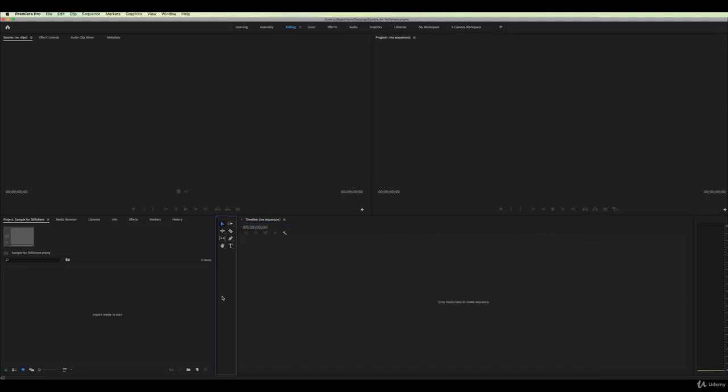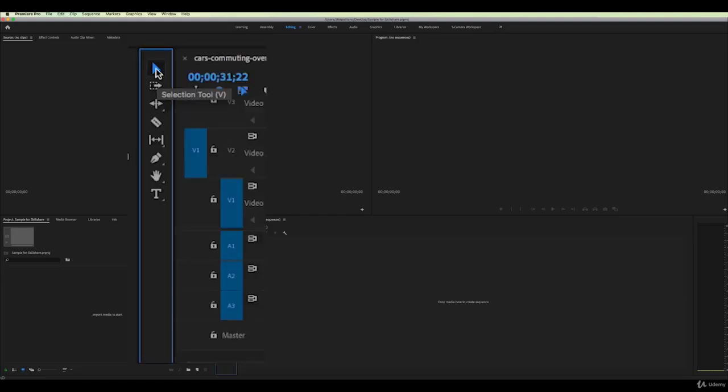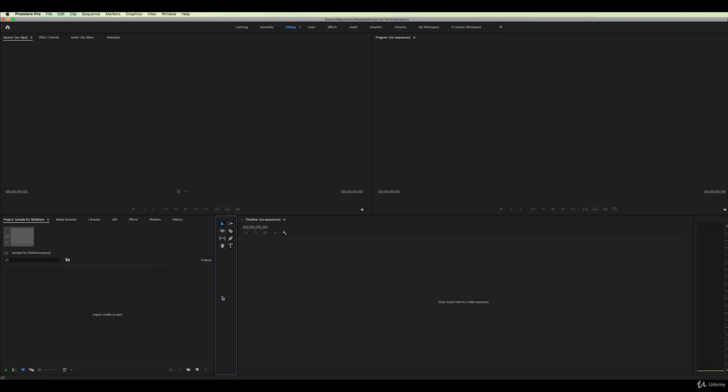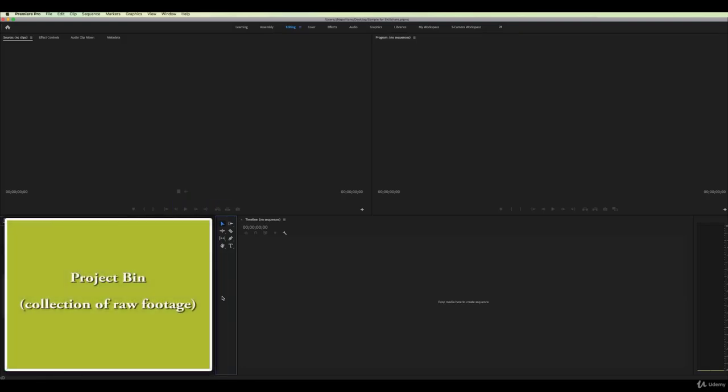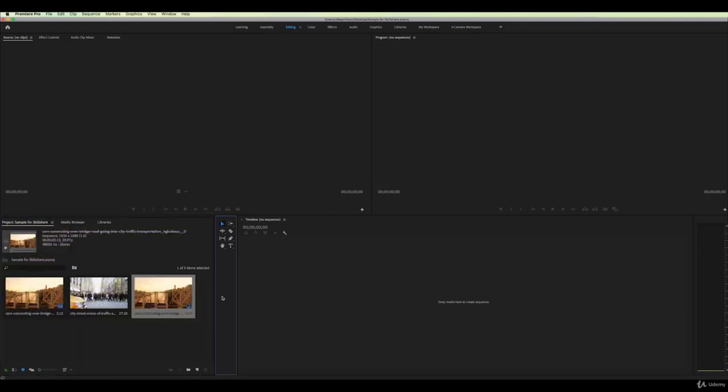Now this next small section has 8 tools, and you'll use these in your sequence timeline once footage is there. You have your selection tool, your track select forward tool, a ripple edit tool, a razor tool, that's going to be your most popular, a slip tool, a pen tool, a hand tool, and a type tool. And we'll talk more about what these do once we have some footage. And the bottom left over here is your project bin. And as you import footage, this is where you will see all of your clips,